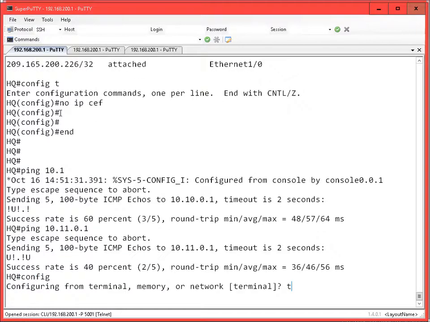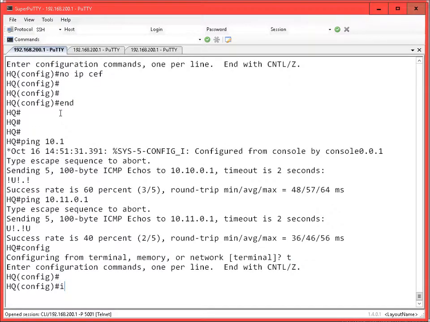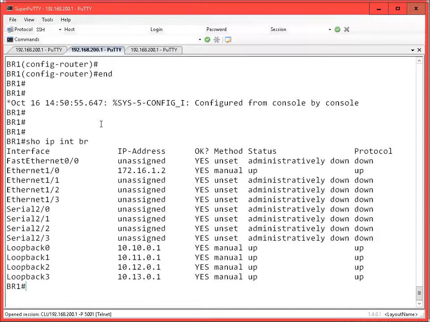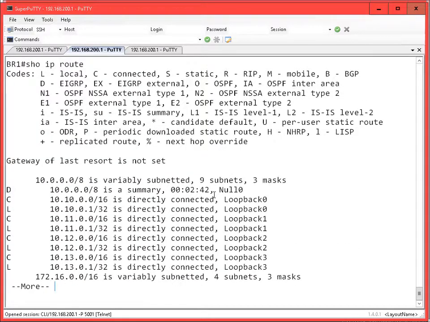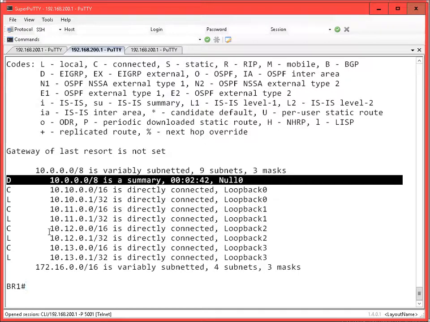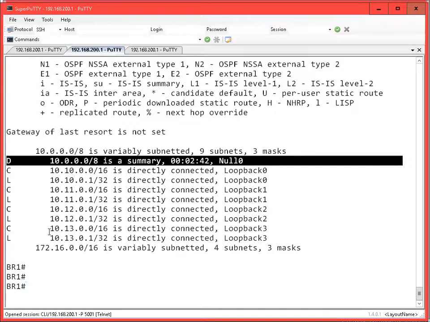So let me go ahead and turn on CEF again. And let's go ahead and get rid of the auto summary option. Oh, by the way, show IP route here, you're going to see that null zero route as well, because you're actually creating that summary. And whenever I generate a summary, I always put in a null zero route, which also is bad in what sense? Now I can't get to the other 10 networks. If I ping from